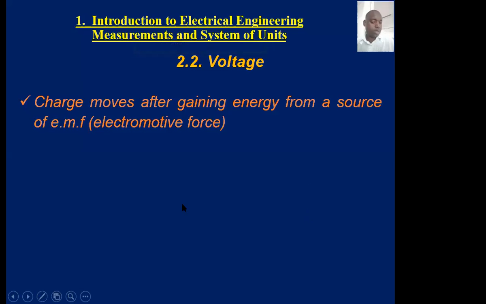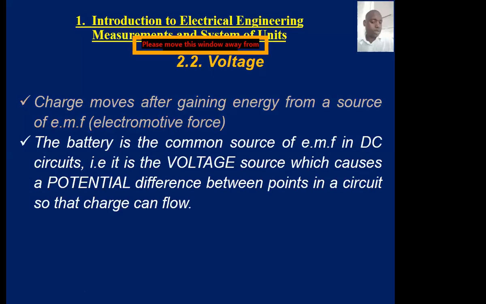Right. So we're talking about now voltage. Charge moves after gaining energy from a source of EMF. EMF, that's the electromotive force, which is the force required to move a unit of charge through a circuit. So the battery is the common source of EMF in DC circuits. That is the voltage source which causes the potential difference between 2 points in a circuit so that charge can